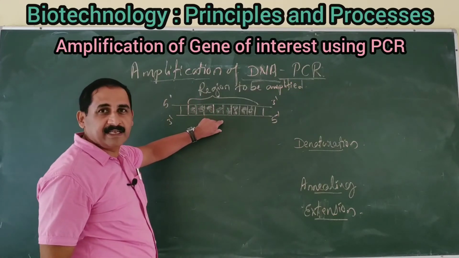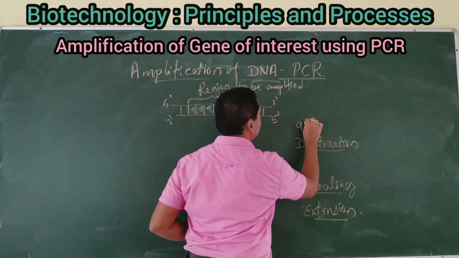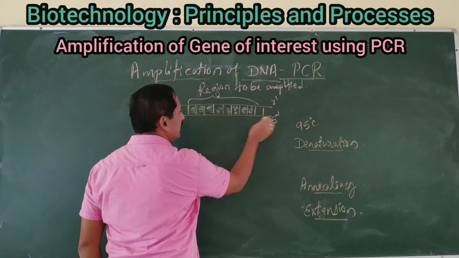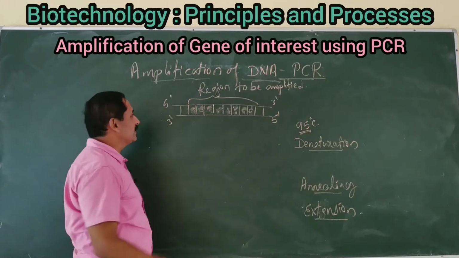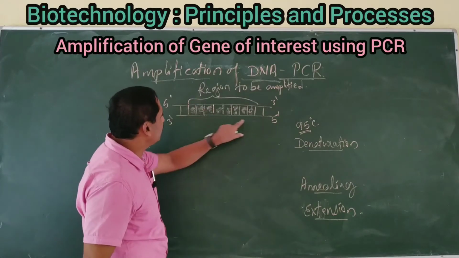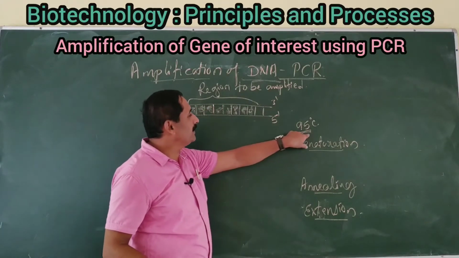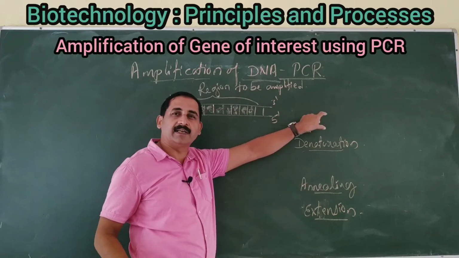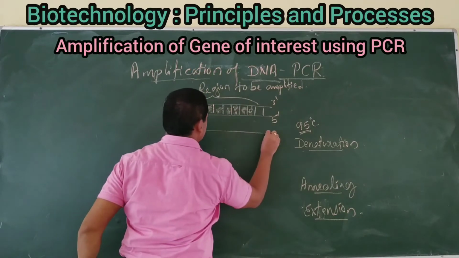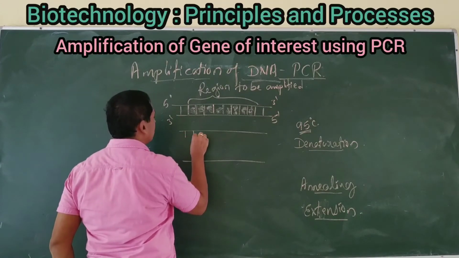So I have to take this DNA in the PCR machine and adjust the temperature to about 90 to 95 degrees Celsius. With this temperature, it breaks the weak bond between the two polynucleotides. The weak bond present is the hydrogen bond. Just by warming it to about 95 degrees Celsius, it breaks the hydrogen bonds between the two strands. The two strands of DNA get open because of the denaturation.